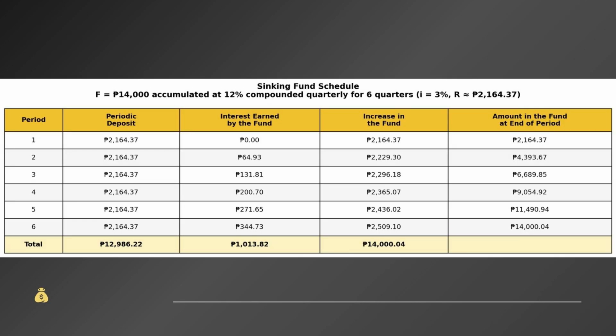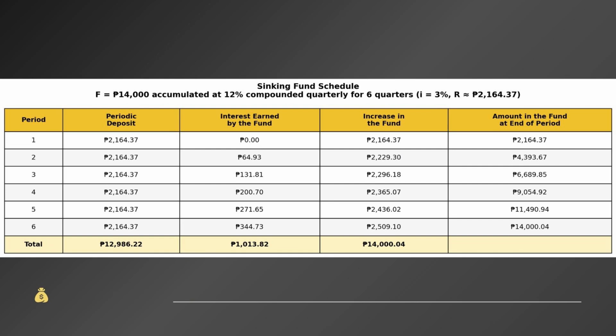The sinking fund schedule follows a different pattern compared to amortization. Here, the interest earned gradually increases each period since the accumulated fund keeps growing. For instance, in the first period, there's no interest yet since the deposit is brand new. But by the 6th period, interest earned reaches